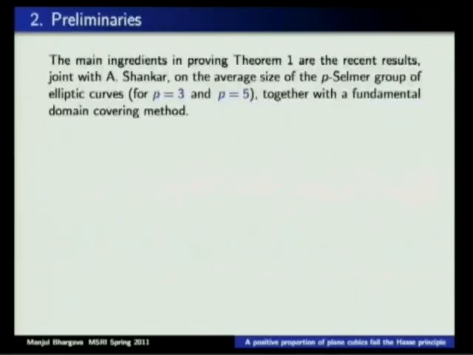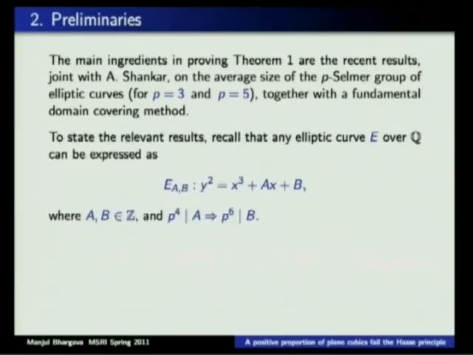So the main ingredients in proving this theorem are the recent results with Arul Shankar that I talked about in the introductory workshop. And so I just want to review that here. It's the work on the average size of the p-Selmer group of elliptic curves. And the results that we'll need here are for p equals 3 and p equals 5, together with the fundamental domain covering method that I've been talking a little bit about this term at MSRI. So to state the results that we need,